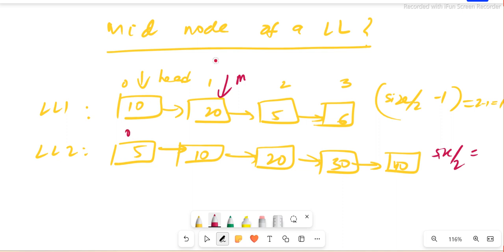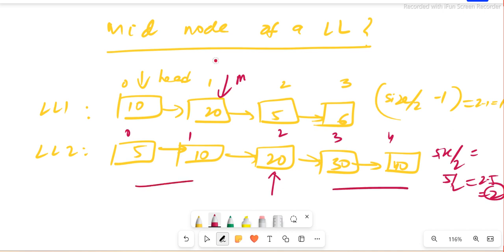So in this case, let's say 0, 1, 2, 3, and 4. Here I have 5. 5 by 2 is equal to what? 2.5, which is basically 2, the integer value. So I want to return this particular node. And obviously if you see, there are 2 here and 2 here, so if it is an odd length linked list, there is no problem. We just go to the mid because we will find one mid, and then there will be an equal number of nodes left and right. So here there is no issue, but generally, in the question,